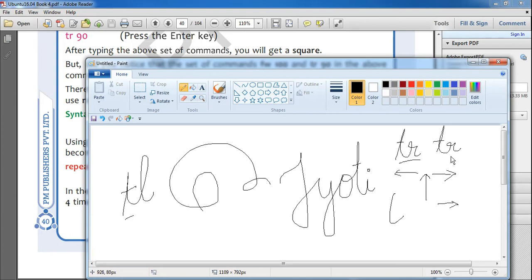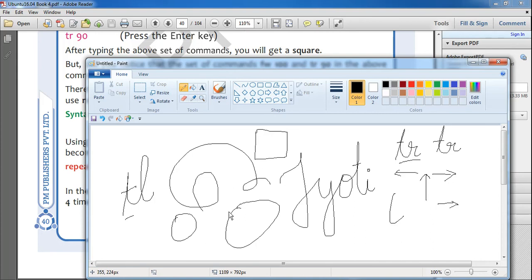So here we have learned that KTurtle is a programming language that we are going to use to draw figures. Like if I want to draw a square, if I want to draw a circle, sorry, then I am going to use the KTurtle. And in the KTurtle, to draw something on the screen, we will use the turtle. There is a turtle on the canvas area, and to make it draw something on the canvas, we are going to use the commands.